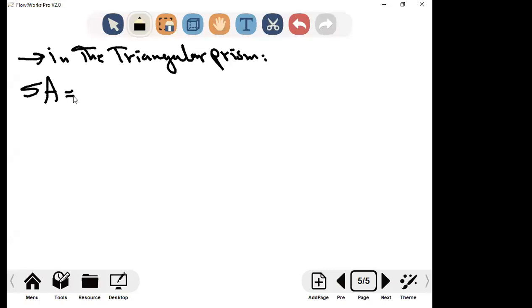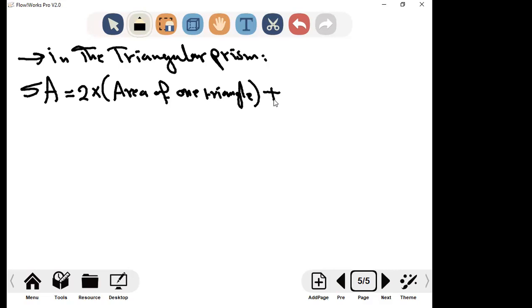Focus now. 2 multiply the area of one triangle. No need to find the areas of the 2 triangles because the 2 triangles are congruent. I mean if this triangle is 5 centimeter squared and the other triangle is 5 centimeter squared, so I say 2 multiply 5. No need to add 5 and 5. 2 multiply the area of one triangle